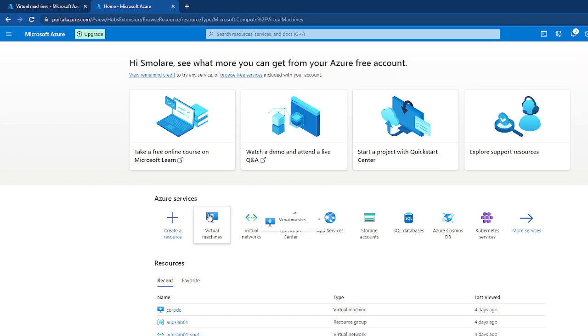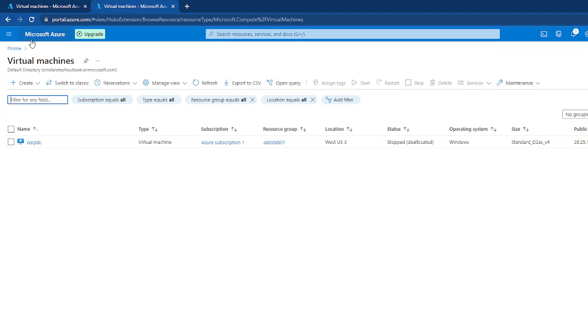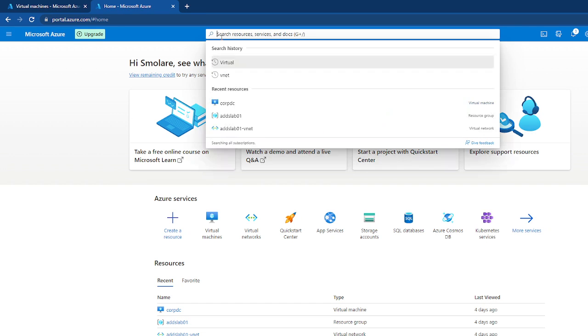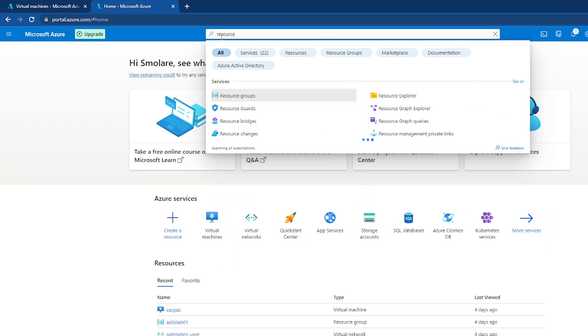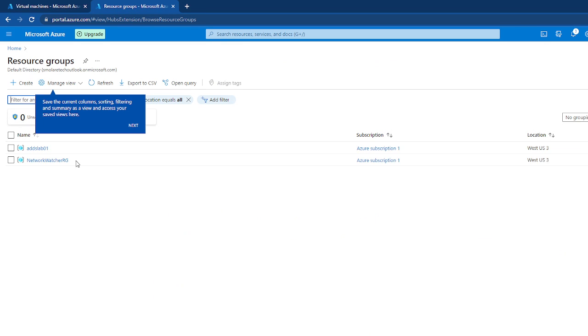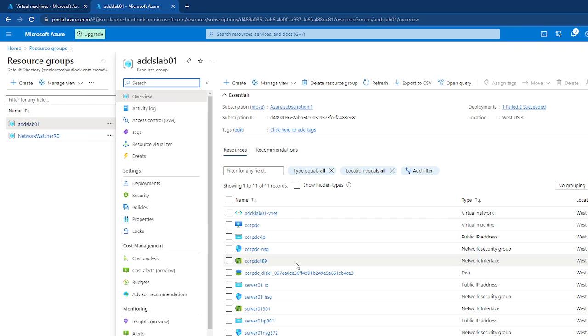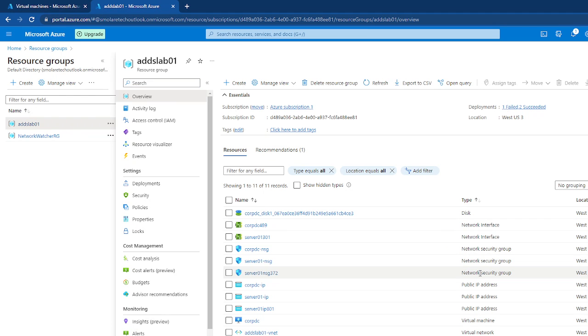Go back to the virtual machines again. I go to my resource group. I just want to see what's out there. This is the resource group I created. If I sort by type, I see 1, 2, 3 public IP addresses. It looks like I already created a server 01 IP before, but I don't think I cleaned up properly. So I'm going to clean it up right now,